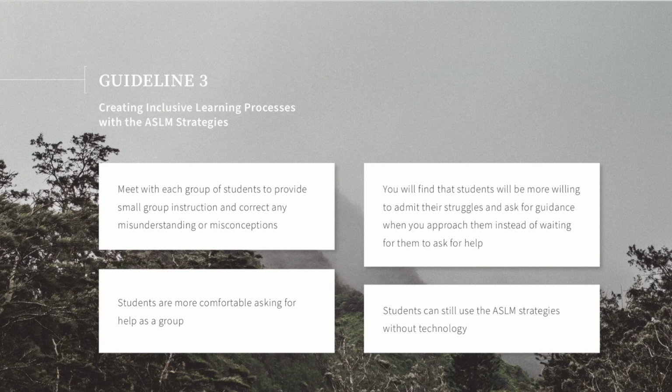The ASLM strategies were developed to create an inclusive math classroom where all students have access to complex problem solving and can still experience success. Module 2 explained the ASLM strategies and how they relate to authentic problem solving. This training module will focus on how you can use the ASLM strategies to differentiate instruction and create access to